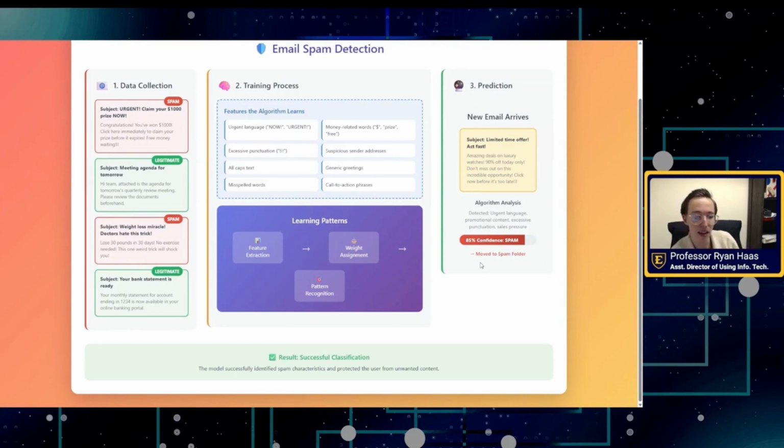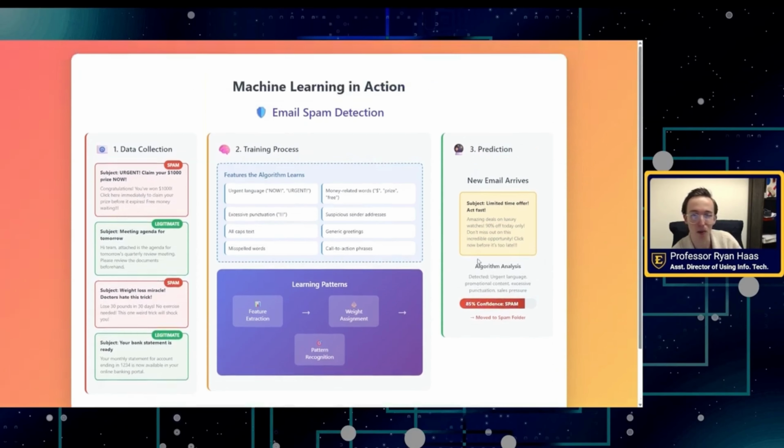And this is why companies, when they send you that verification email, they say, if you don't see it, check your spam folder. Because even though Gmail or Outlook or whoever most of the time gets it right, sometimes they don't. But we're really just trying to get it right most of the time so that you don't have to sift through 100 useless emails to find the ones that are important.